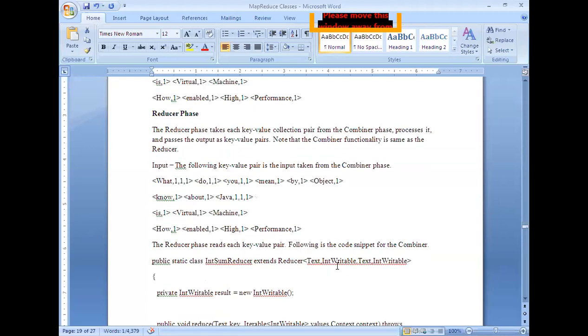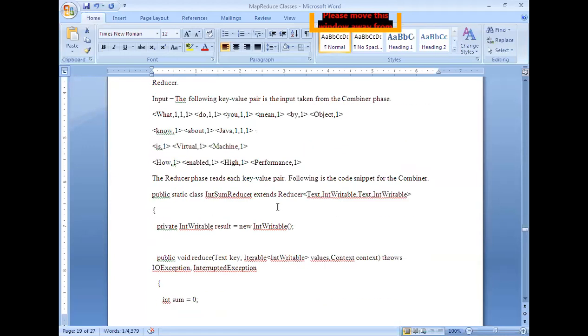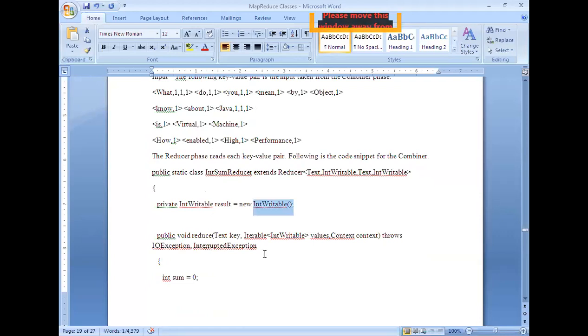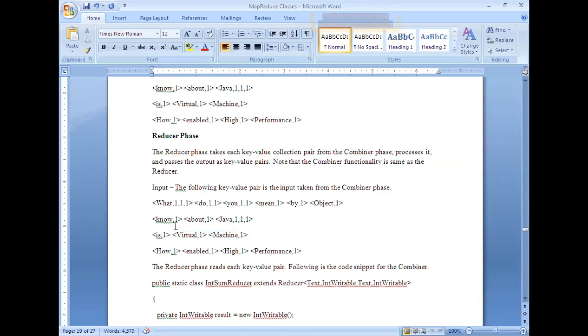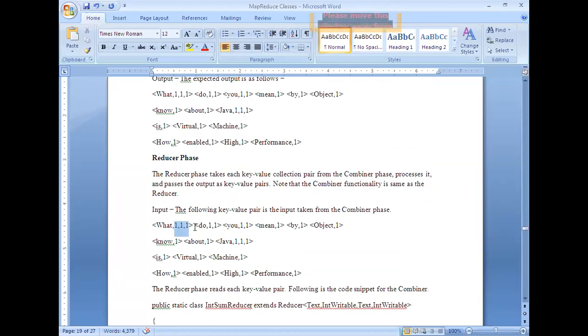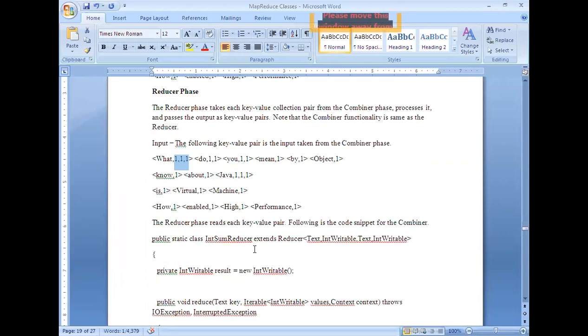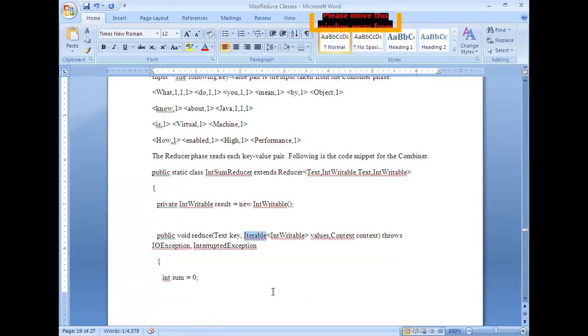Now, here the result is of type integer, and it takes public void reduce. It takes a text key as an input and an iterable of values, because here a set of values will be there, and from these we need to compute something. For this reason it was defined as an iterable of integer values. That means there is a set of integer values present, and we need to traverse one after another.